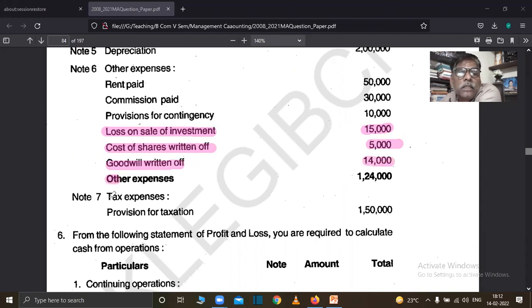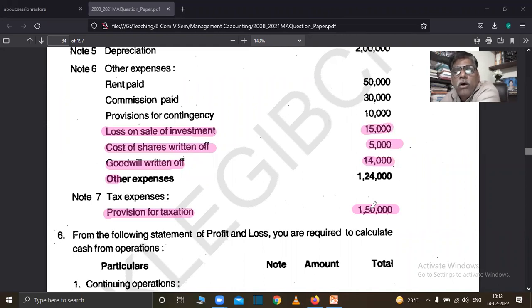Then in the other expenses, provision for tax is also not an operating expense. Therefore, these items you add: depreciation, provision for contingency, loss on sale of investment, cost of shares written off, goodwill written off, provision for tax. These items are not relating to operation or not relating to cash nature. Therefore, you add these items and deduct the non-operating incomes, and you will get the